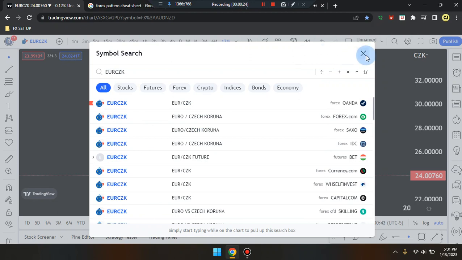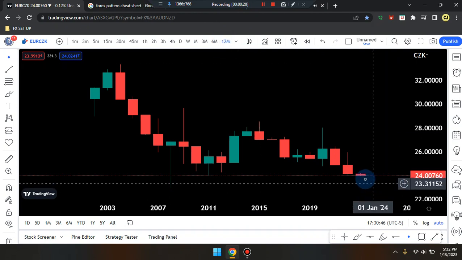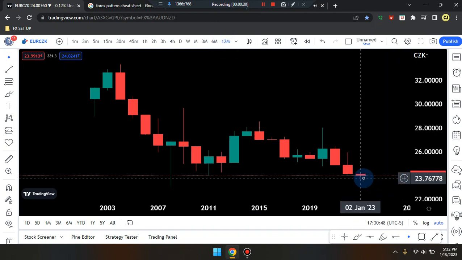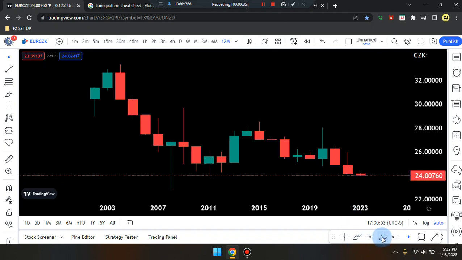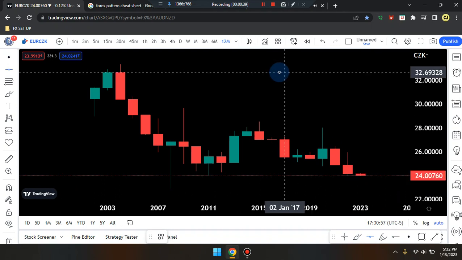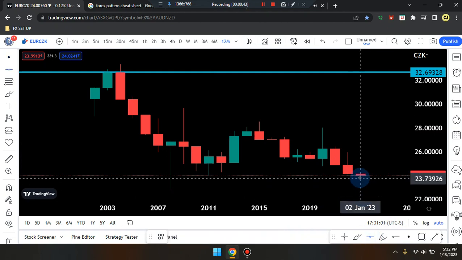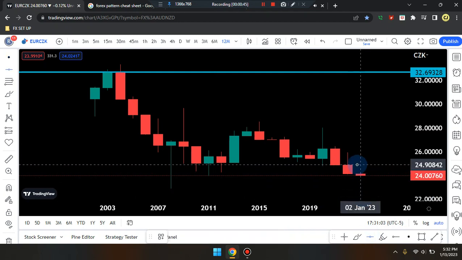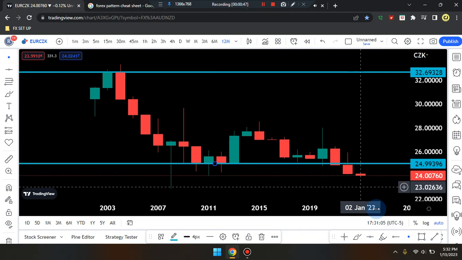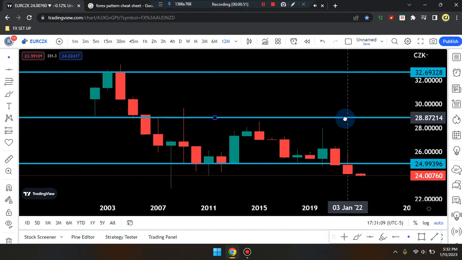EUR/CZK. We are on the 12-month time frame. Price action, last candle to the right-hand side is a bearish red candle. We do have price action overall, higher highs, and overall lower lows of structure, midpoint,